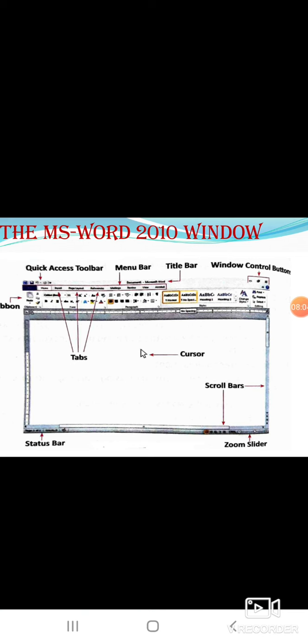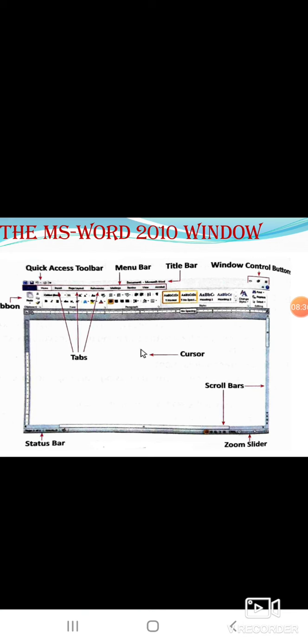The vertical scroll bar is located along the right side of the screen and is used to move up and down in your document. The horizontal scroll bar is located just above the status bar and is used to move back and forth across your document.